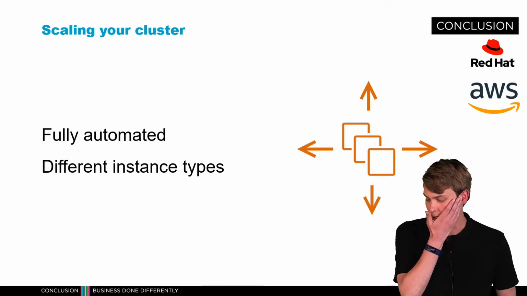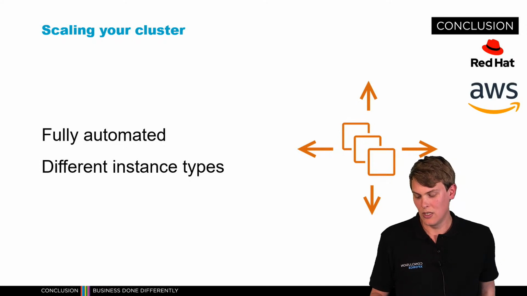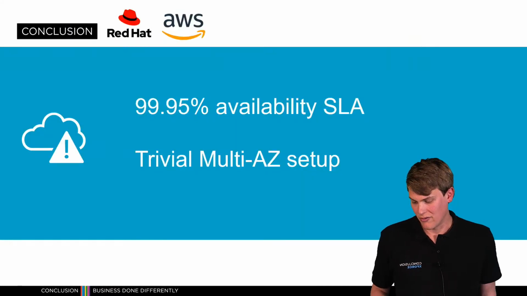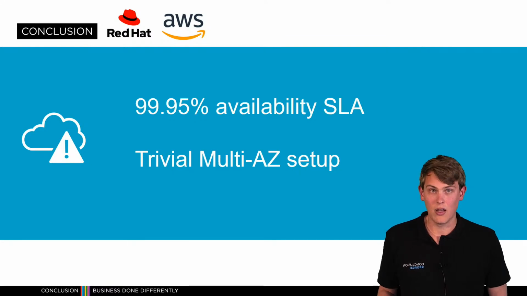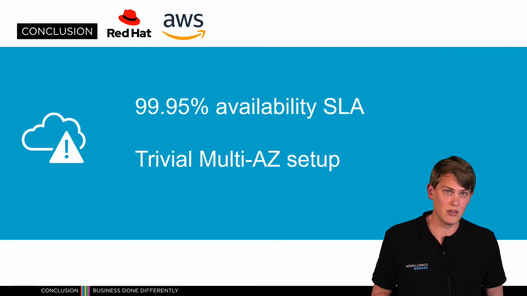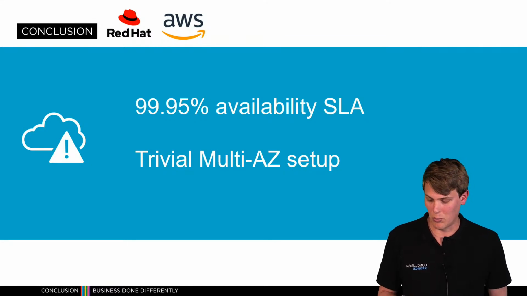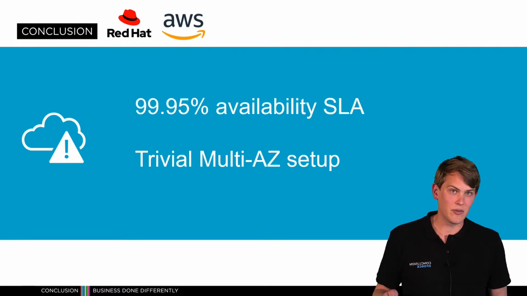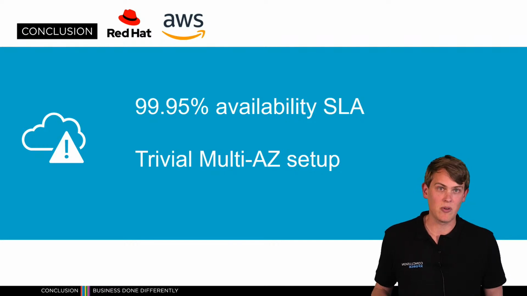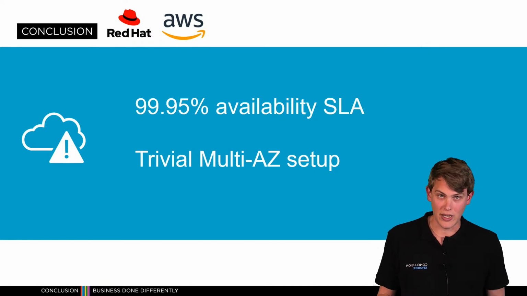And the final thing you need to consider is actually a bit more complicated. It is regarding availability and resiliency of your cluster. As was mentioned in the demo, there are two options when you deploy ROSA. You either choose a single availability zone or multi AZs when you provision your cluster. You cannot change from a single AZ to a multi-AZ setup after you deploy your cluster. So, as I mentioned before, it is possible to use ROSA as a proof of concept, but when you want to run your production workloads, make sure you provision your cluster in a multi-AZ setup.